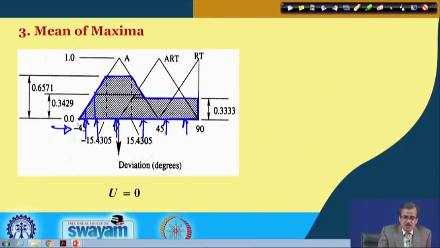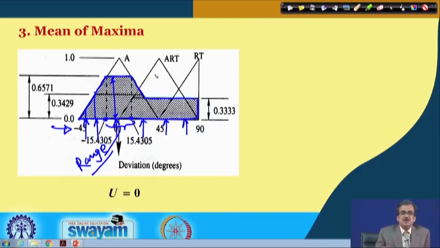Now, there is a possibility that you will get a range for the deviation, and the range is something like this. Corresponding to this range you will get the maximum value for this mu. Starting from here up to this, the mu remains constant, and we are able to reach the maximum value for this mu, and if you calculate for this problem, this will become equal to